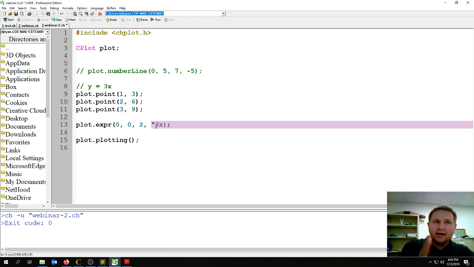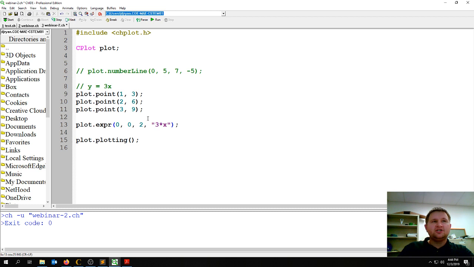But there's one other catch here. In order to express multiplication to the computer, just like if we were doing any kind of mathematical equations with variables or numerical equations here, we would have to explicitly state multiplication with an asterisk. That's the Shift 8, the star key on the keyboard. And then I close my quotation marks, and when I run this, it's going to draw,